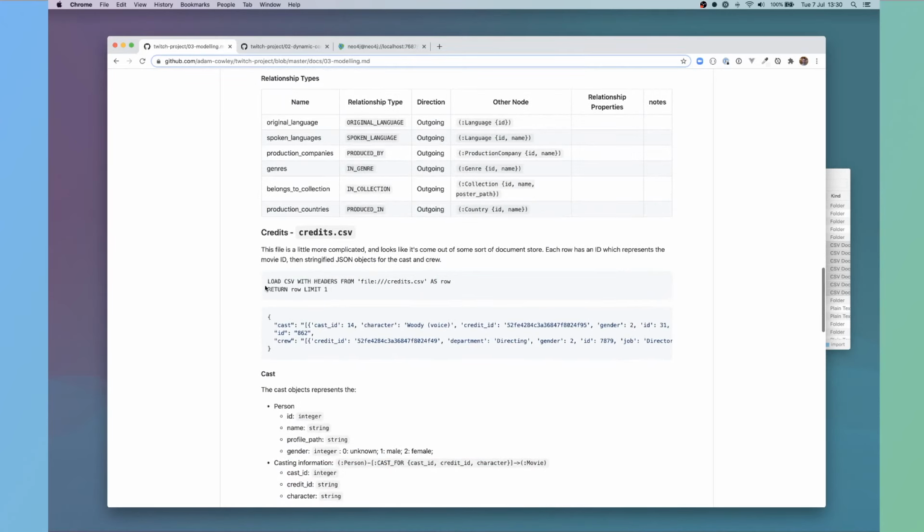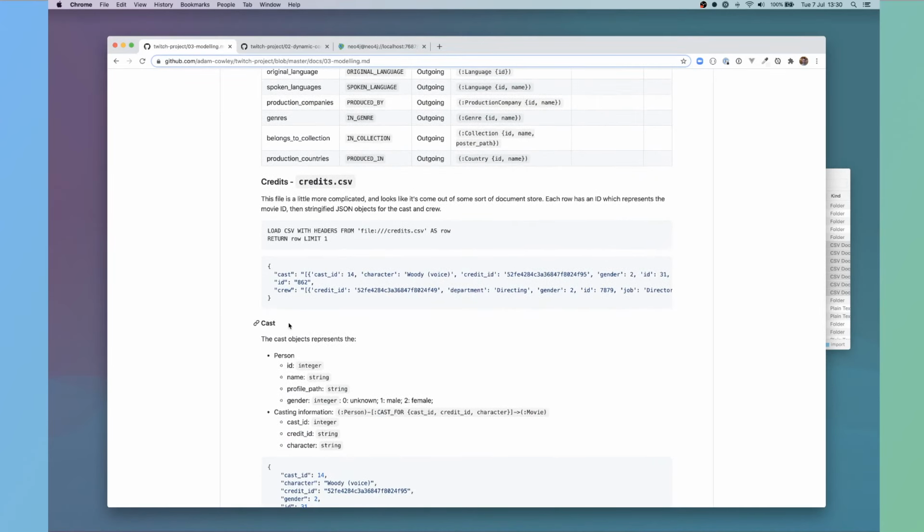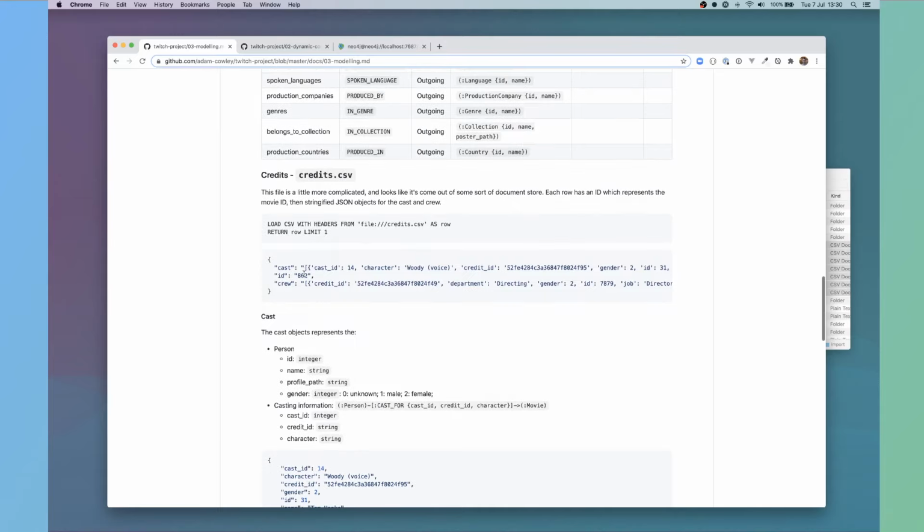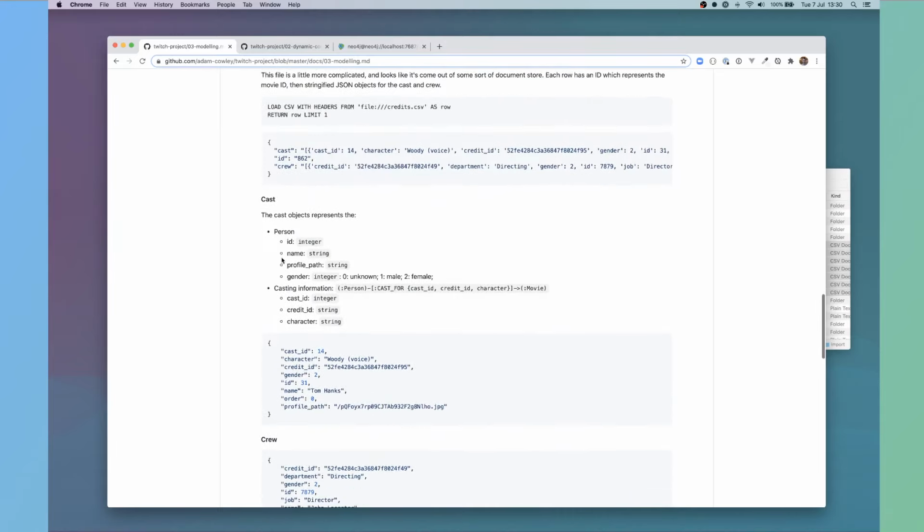For the credits.csv file, it holds an ID, which is the movie ID cast as a string. And then it has objects for cast and for crew. These are both JSON lists. So essentially for the cast,